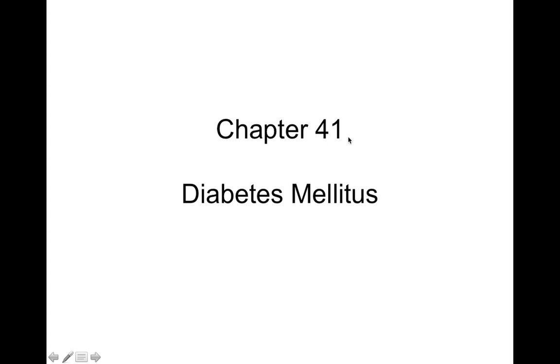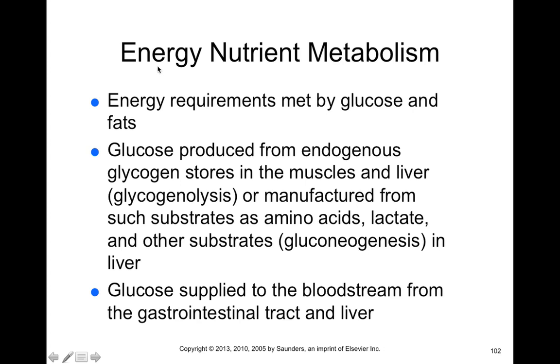All right, so in chapter 41, we're going to talk about diabetes mellitus. So we know that for normal metabolism, there's a lot of glucose homeostasis that needs to occur in our bodies. And that homeostasis is mediated in part by hormones like glucagon and insulin. We know the role of glucagon is to raise our blood sugar, and the role of insulin is to decrease our blood sugar. And the way they do this is they act on sometimes different, but often the same